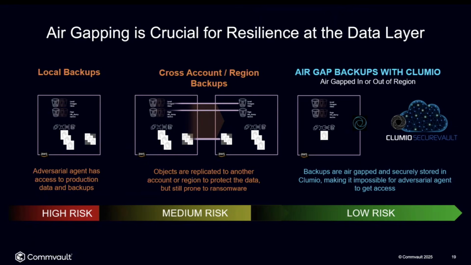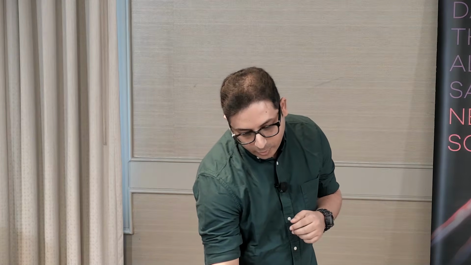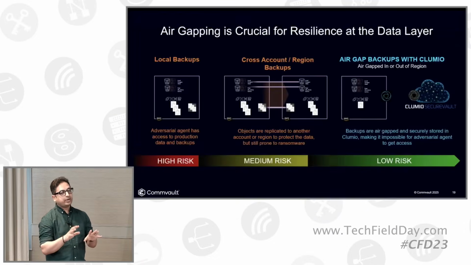Okay, can I ask a question? Sure. When you say air gapping, is that like a physical air gapping that happens in OT environments, or is this just logical? It's logical air gapping. And we'll go into the architecture as well, where you'll understand what I mean. The question is, Clumio Secure Vault, where is it? Outside of AWS infrastructure, or inside AWS infrastructure? It's inside AWS. And that's a good segue into the architecture diagram. We'll go into that in just a bit. But think of it as a separate account from your own. So it exists outside of your enterprise security sphere, but still within AWS.